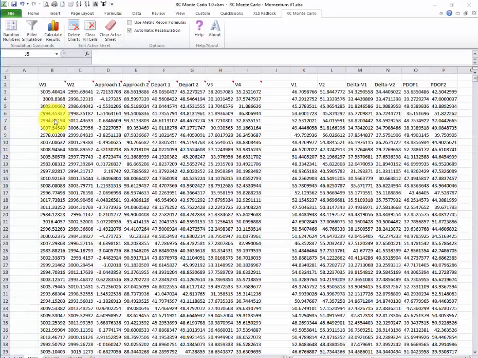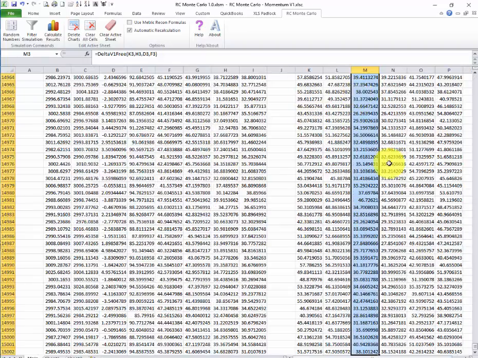Filters may be used to strip out unrealistic results before your Monte Carlo simulation is analyzed. On the left part of the screen here, I have my inputs for a momentum analysis. On the right side are my results, V1, V2, delta V1, delta V2, PDOF1, and PDOF2. If we look at the results for delta V1, I'm going to select all the data here, and we look